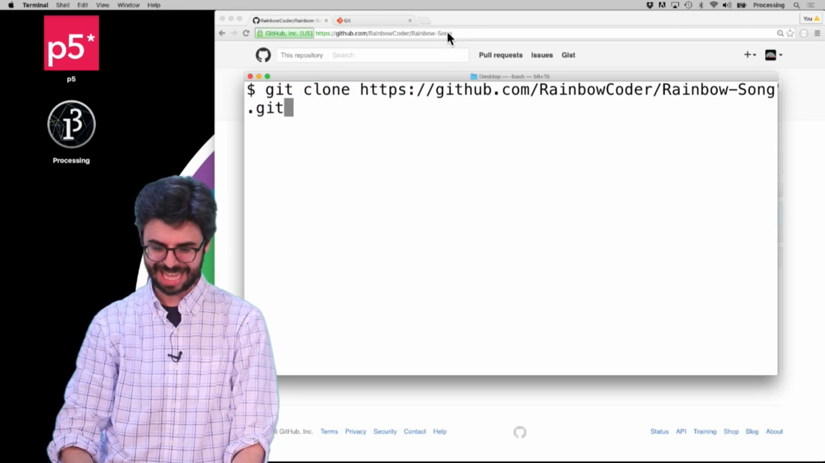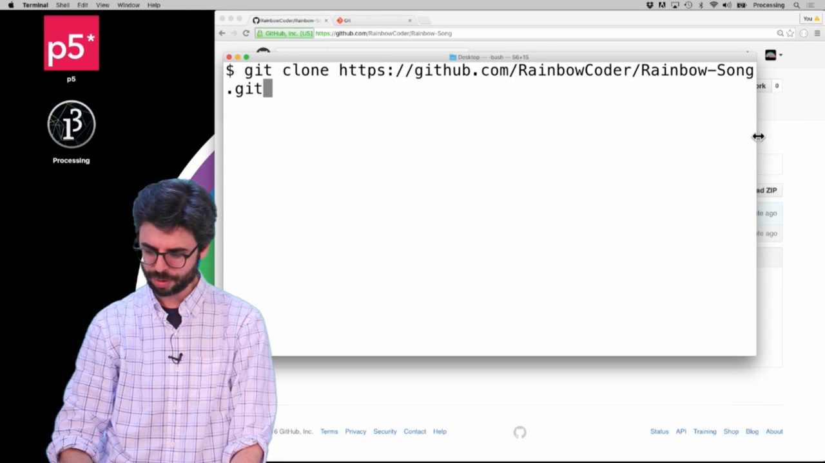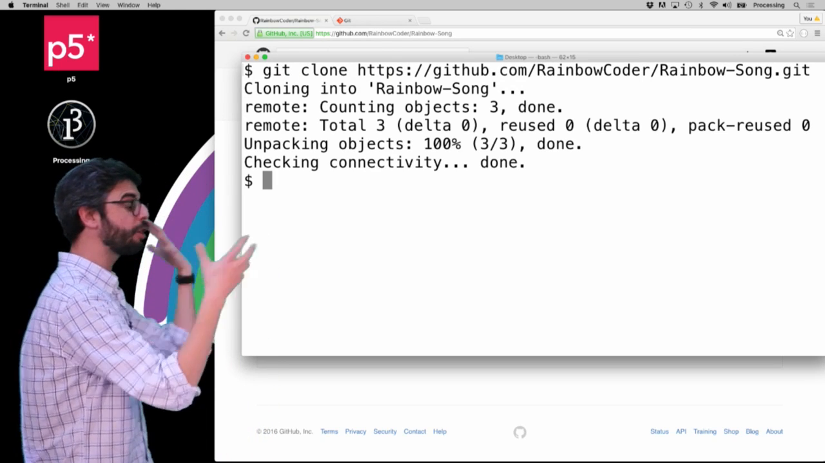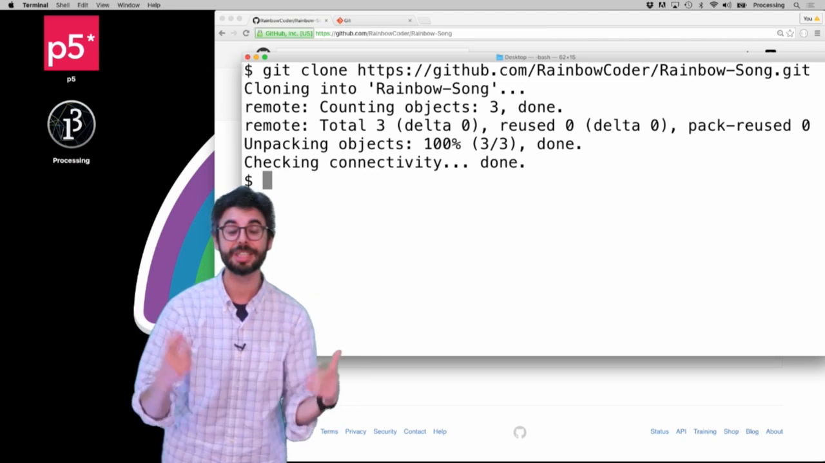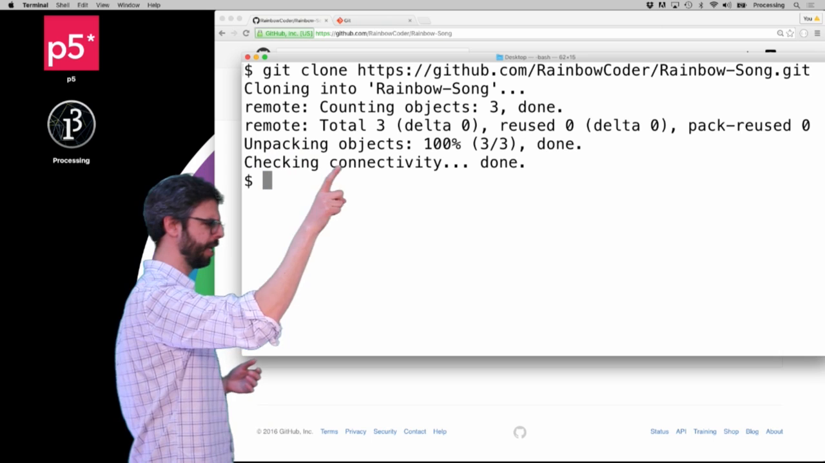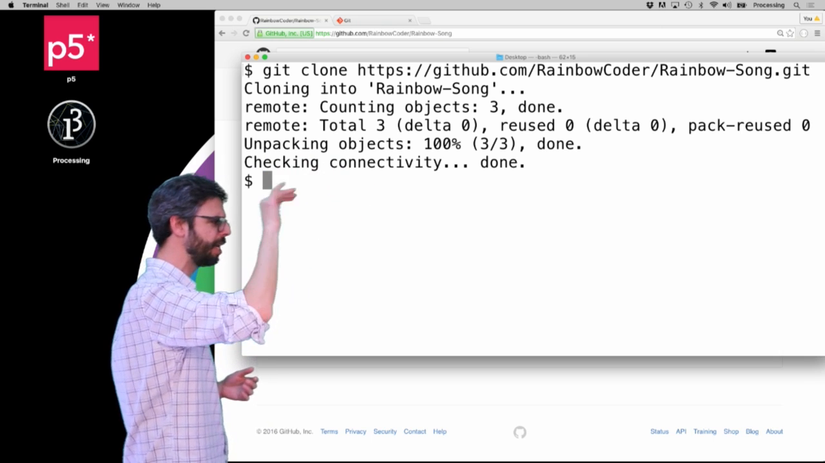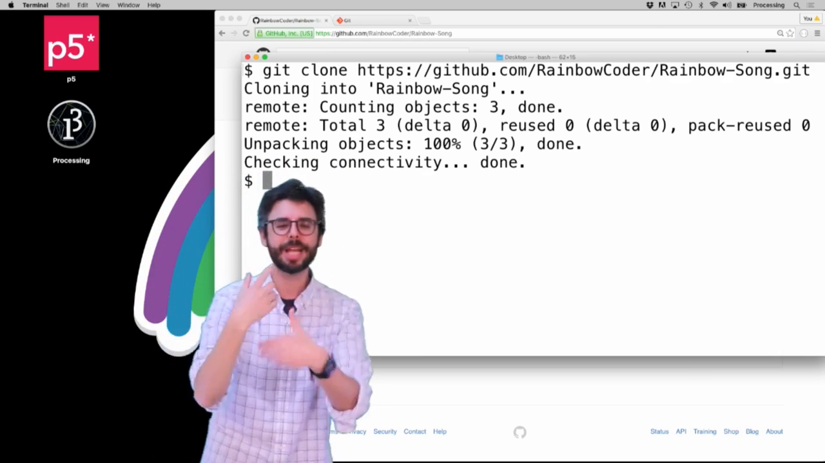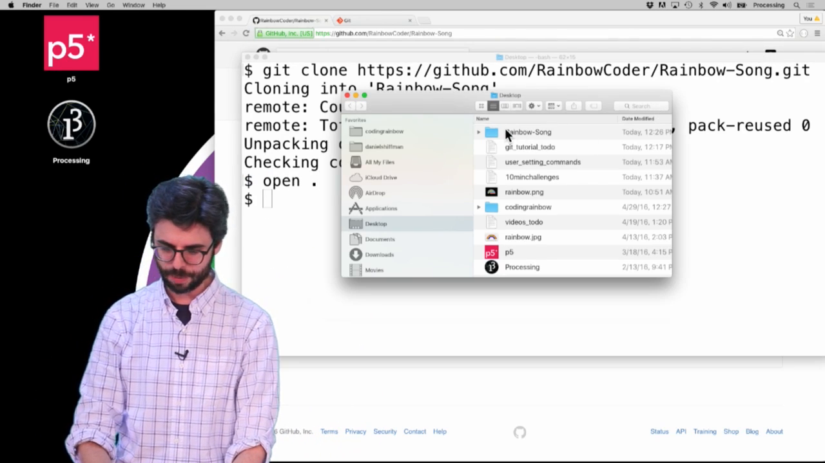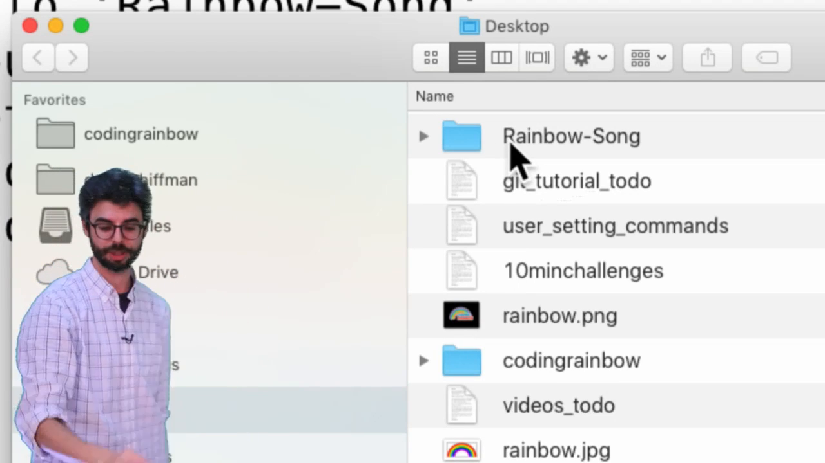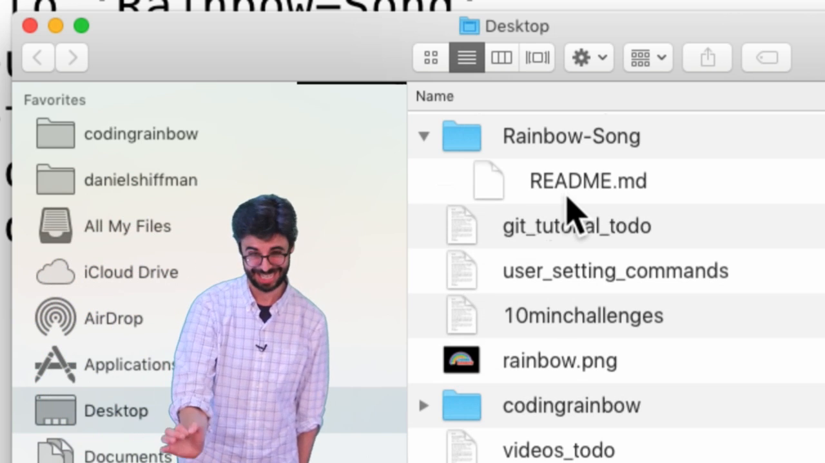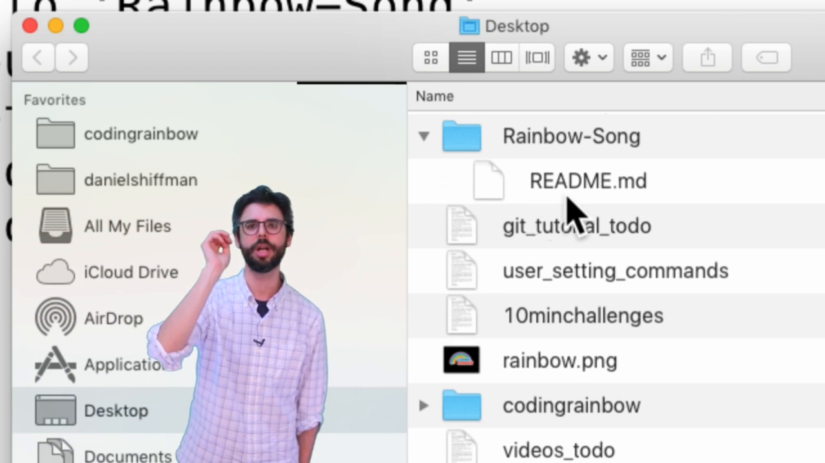And so once I hit that, and I wish my font fit all in one line. Let's see, there we go, that's a little nicer. Once I hit enter, you can see it's cloning now. If this was a repository with a lot of files, this would take quite a while as it's downloading everything. But you can see it counted objects 3, total 3, and so on, 100% done, checking connectivity done. So it's giving you some debug information about what's going on. And now I can say open dot, and I'm on the desktop, and we can see there's a repository called Rainbow Song. Now, there's nothing in it but that README file, because that was the only thing that was in the repository on